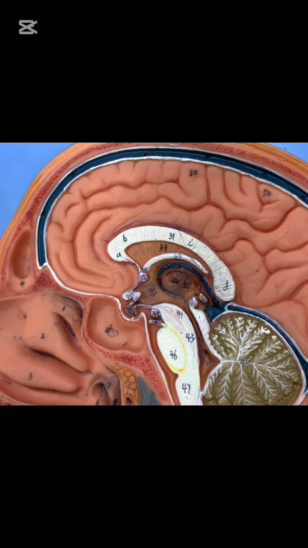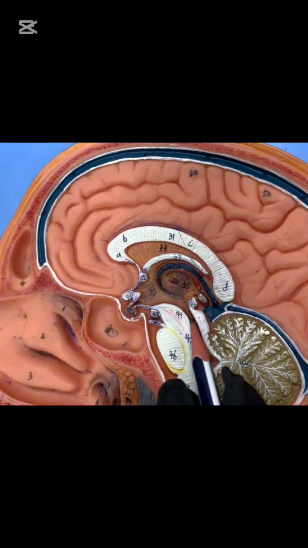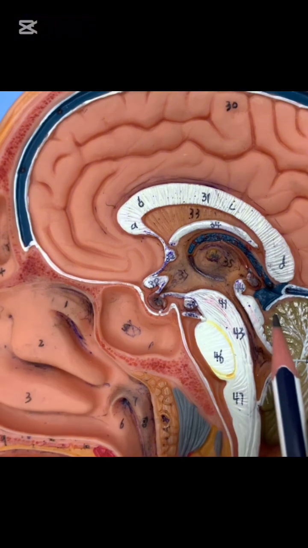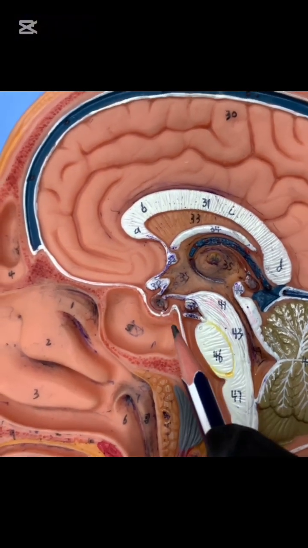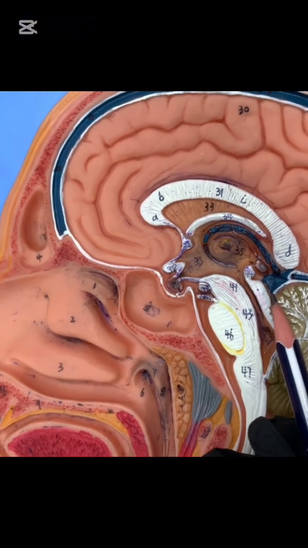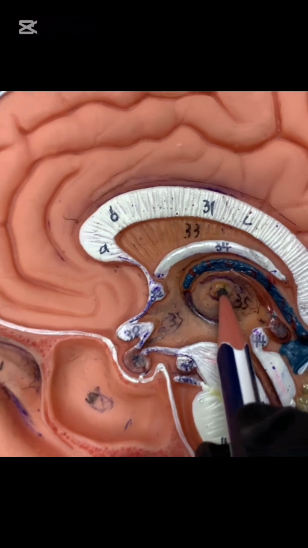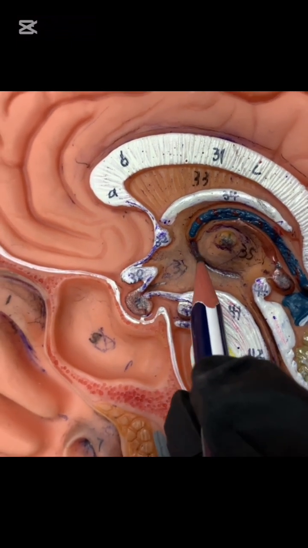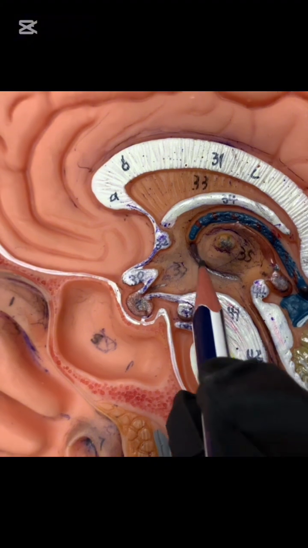The lateral wall, this is the interthalamic connection. On the lateral wall we have the thalamus, and this is the interthalamic connection. This is the thalamus, this is the hypothalamus, and this is the hypothalamic